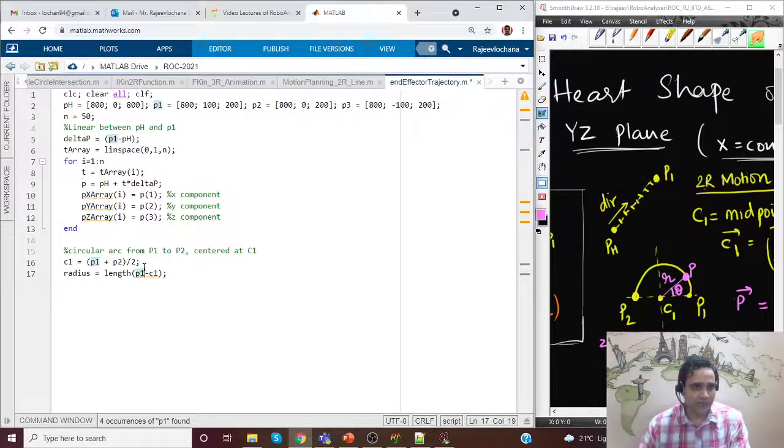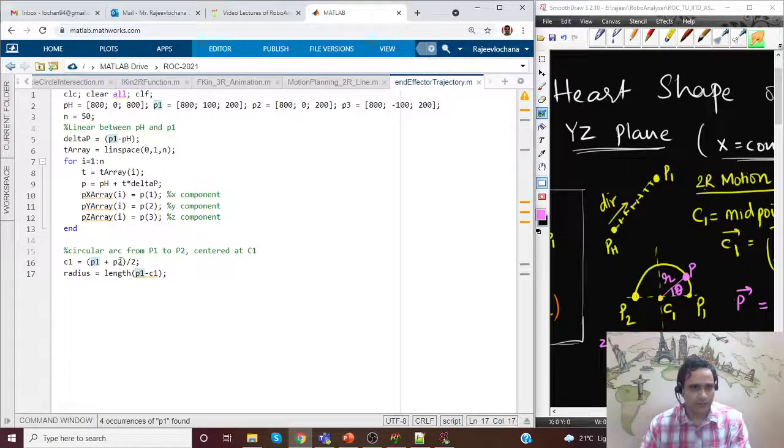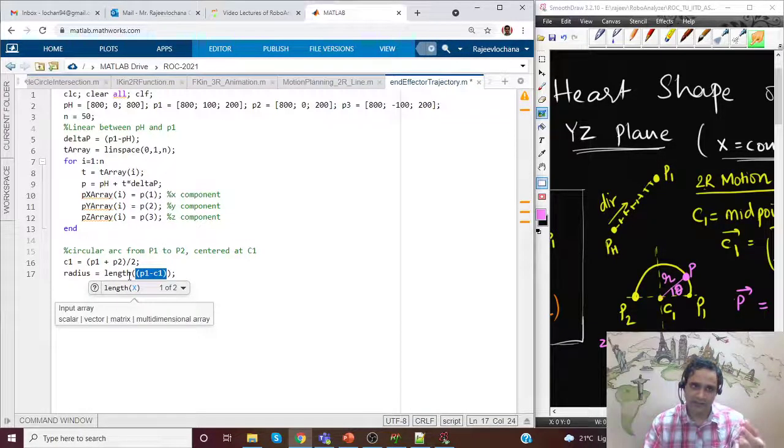Okay, so I should have p1 is here, c1 is here. p1 minus c1. Let me just try to put one more parenthesis and see whether it works. Okay, yeah, so p1 minus c1 is determined first as a vector, and then we'll determine the length of that vector. That is what is radius.